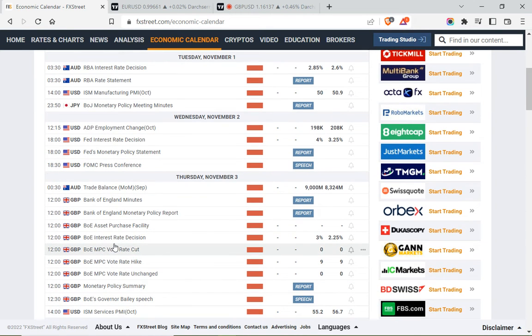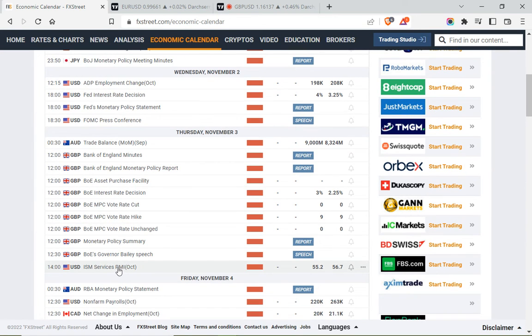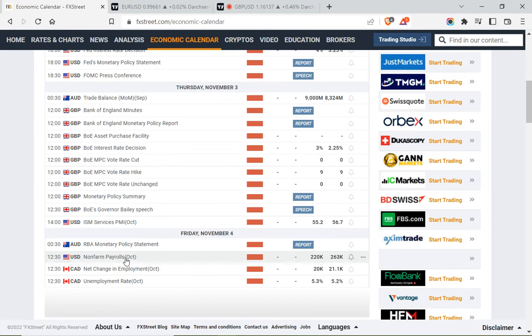Then on Thursday, we have the Bank of England monetary policy report. We have the asset purchase facility. We have the interest rate decision also for the GBP. We also have the MPC vote rate cut, vote rate hike, and then the vote rate on change. We also have the monetary policy summary. In fact, this week is jam-packed with quite a lot of events. Then on Friday, we have the almighty non-farm payroll as well,